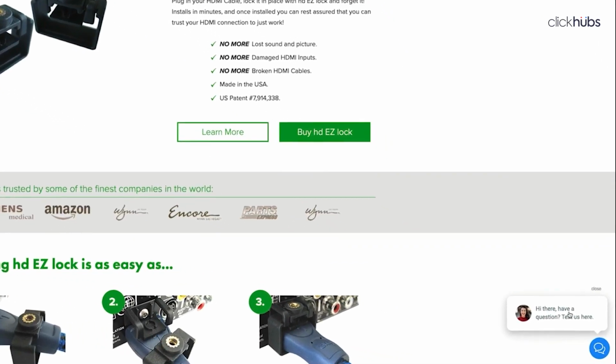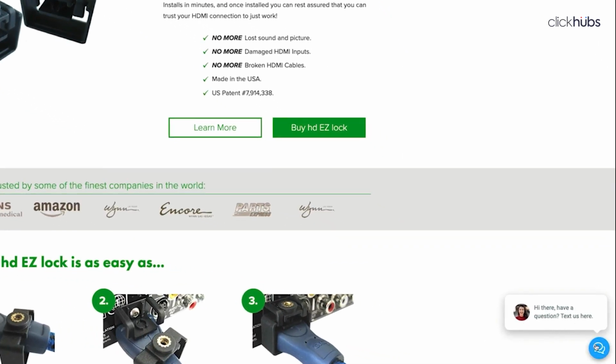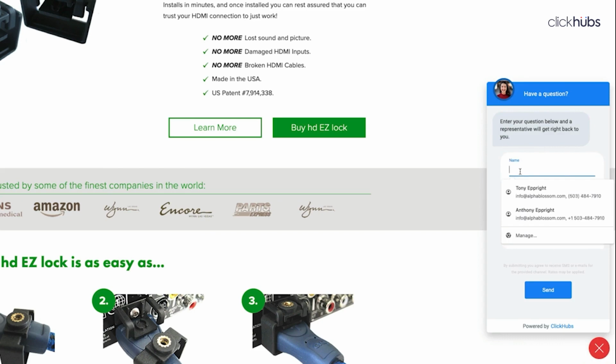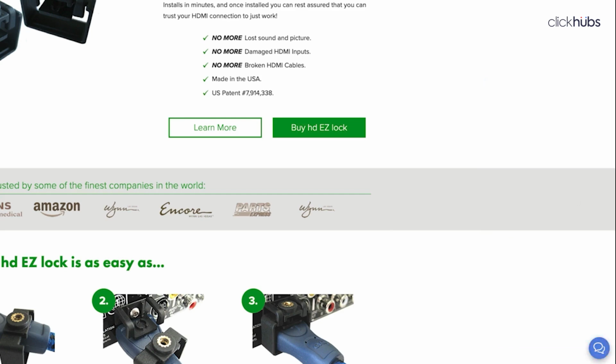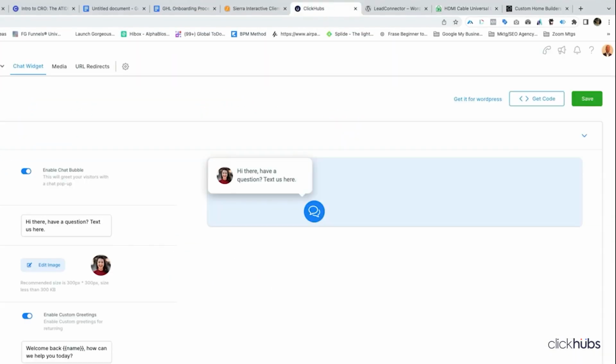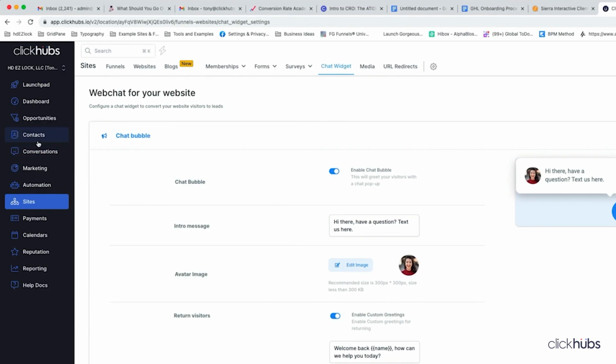So now we can see, "Hey there, have a question, text is here." And then if I just enter my name, Tony, and my mobile phone number, email, info@hdeasylock.com. "Hey there, testing the widget." So let's just send that. We've got our confirmation there with the email. So everything looks good. We just close that, and now we'll head back into the dash, and let's go into